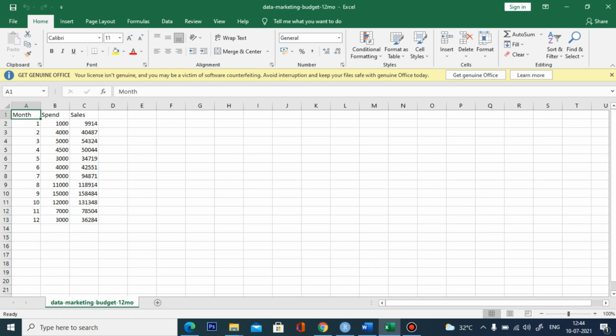We are going to predict our sales based on the spend. Our response variable is sales, and we predict it based on spend. With a spend of 1000, how will the sales increase? With a spend of 9000, how are the sales? We give a spend variable and predict the sales. That is our motto in this program.